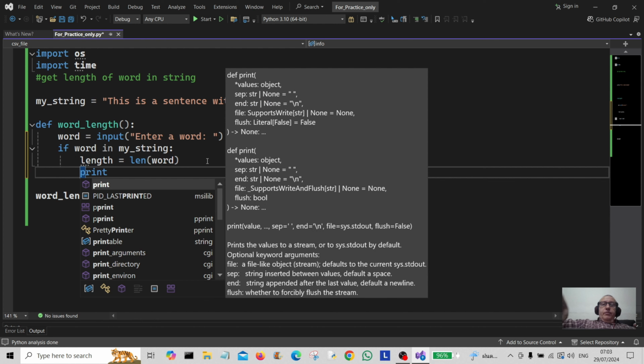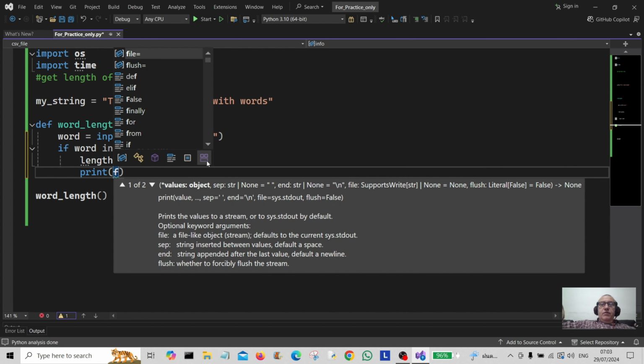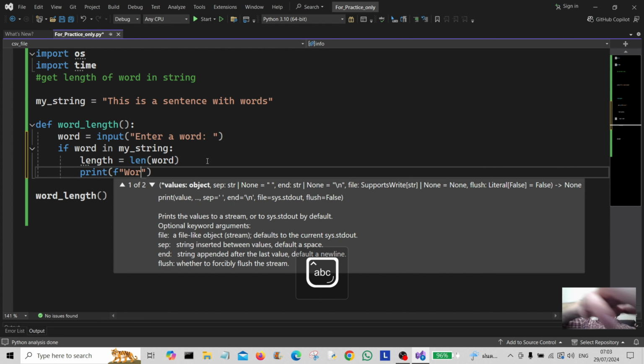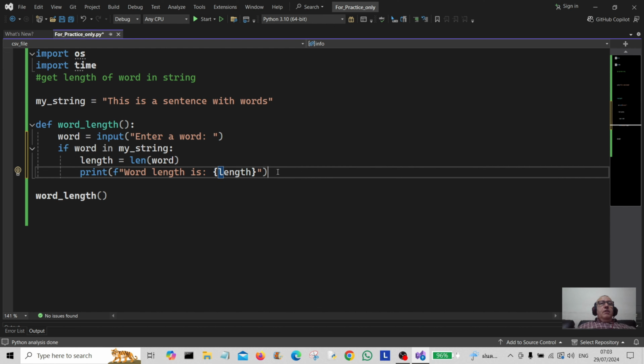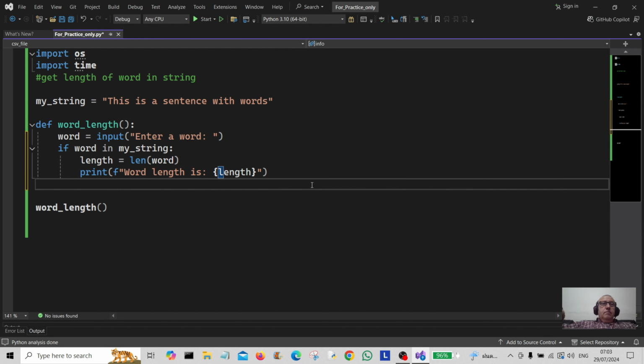And then we're going to print out using the F string word length is, and that's going to be the scalar length of the word, or else something else happens there. Else,